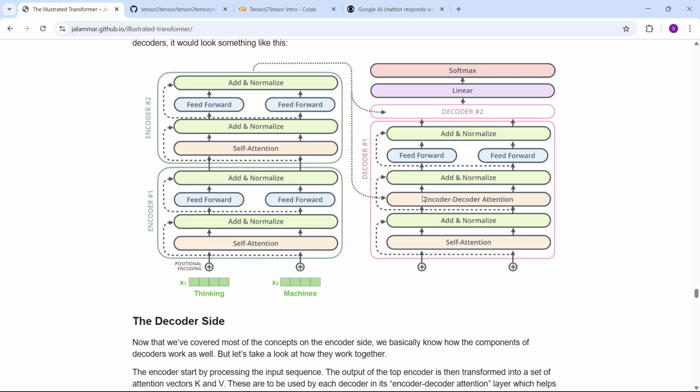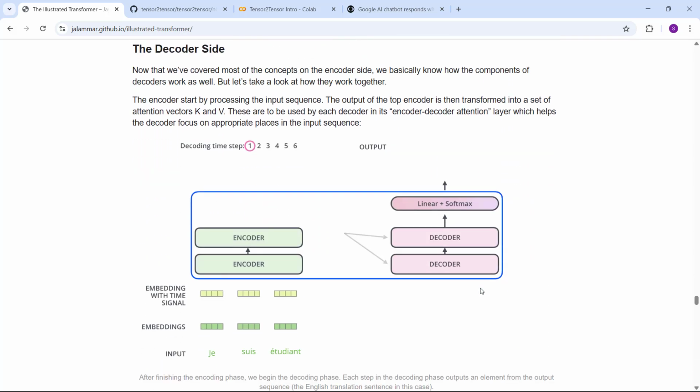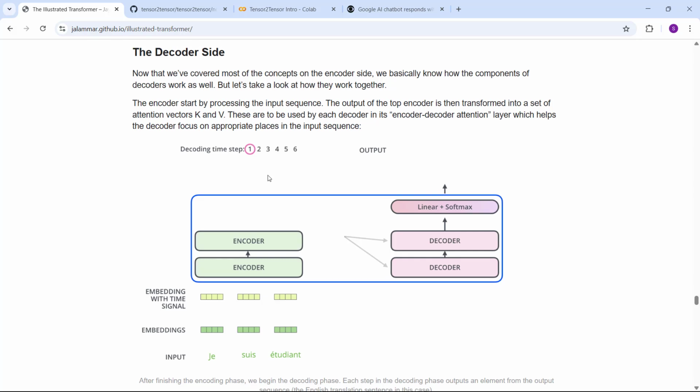And this output of the decoder, along with the starting sequence, will be fed again to the decoder model, right? So let's see the visual diagram so it will be clear for you. Let's see the decoder time steps here, right? First, the starting sequence will be passed to the decoder model, and then it will try to predict the first word, that is I.